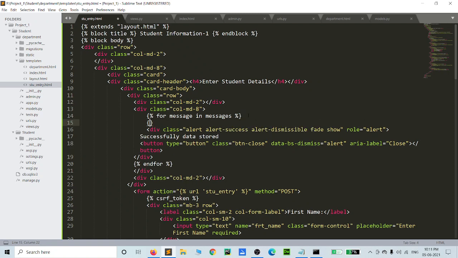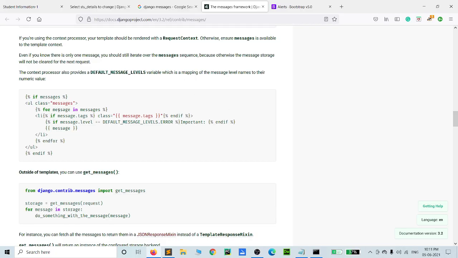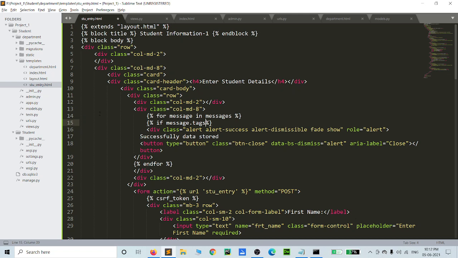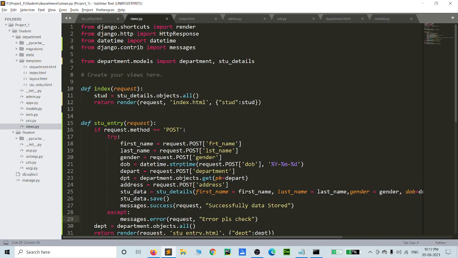Okay, so inside that we give the if condition, if message.tags equal to success, since we already gave the success method like that, this one, this success.